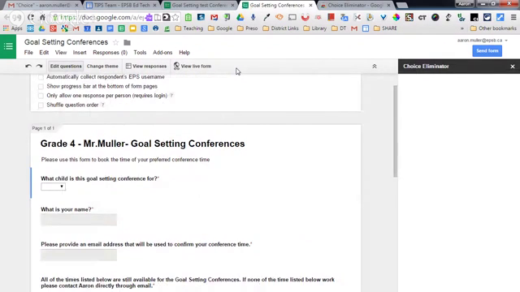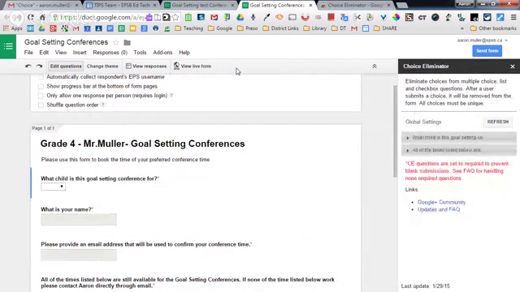And so basically what Choice Eliminator is going to do is it's going to look for the questions that it can specifically work with. There's only 2 questions in my particular form that Choice Eliminator will work for. What child is this goal setting conference for? And what times are listed. So I'm actually going to set up Choice Eliminator for the what child is this goal setting conference for, just